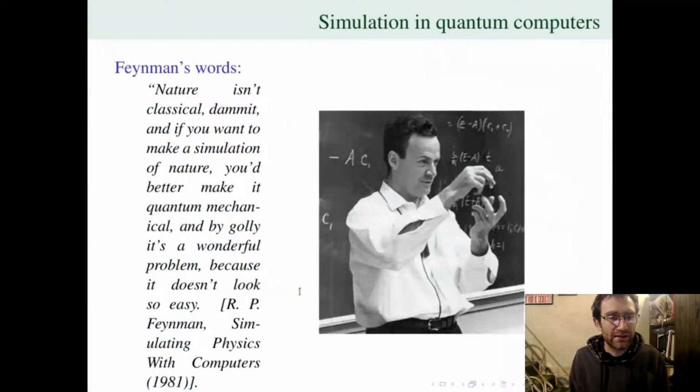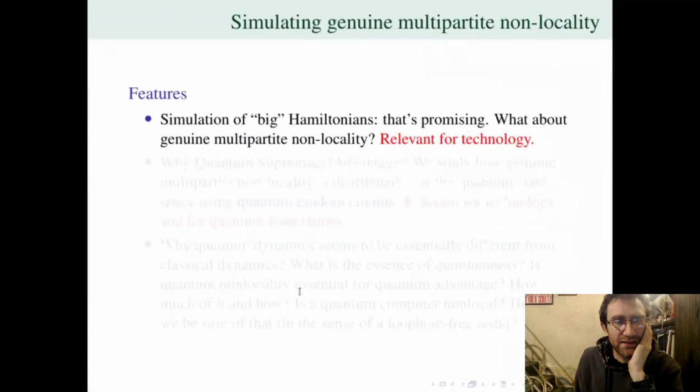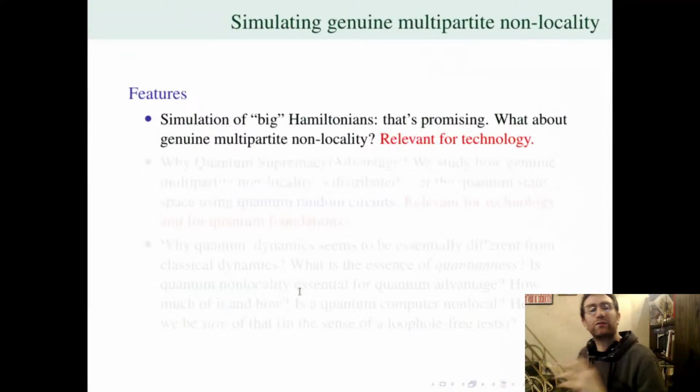And so the idea is that if you are able to build a strong enough quantum computer which can get rid of noise, so to say, so it admits error correction, you will be able to simulate quantum systems of multiple components in an efficient way. That's the idea. Okay, but simulation of big Hamiltonians is very promising because it has a lot of applications, but